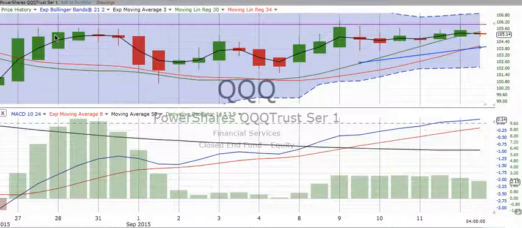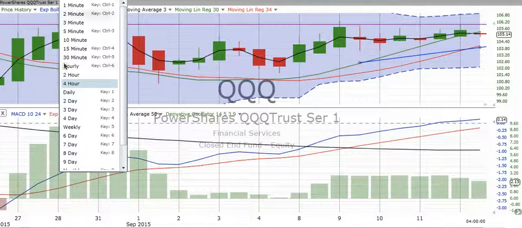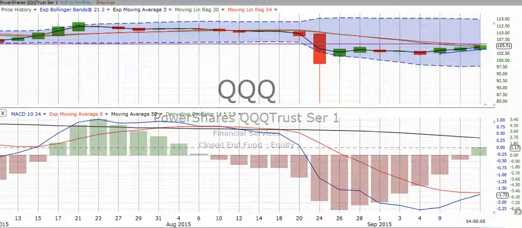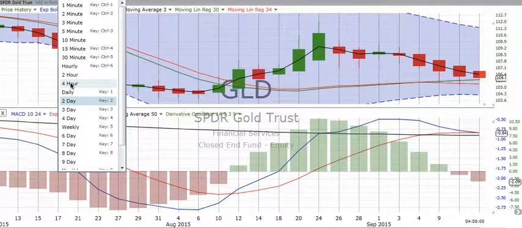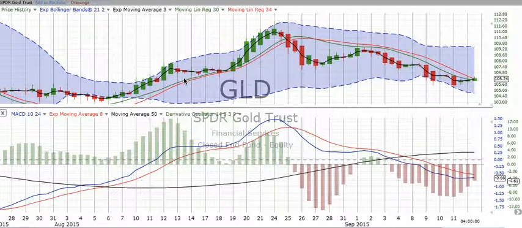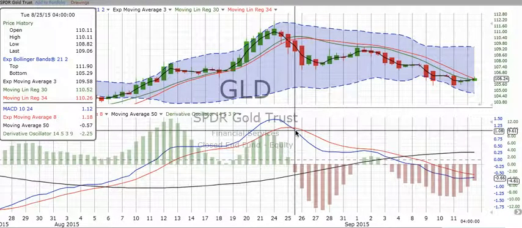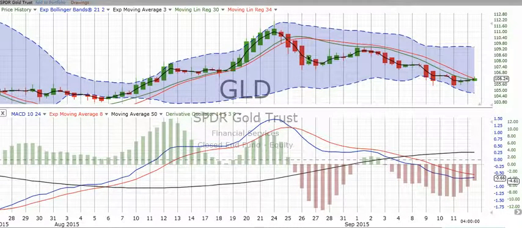So let's now convert back over to the 2-day chart, and let's take a look at what gold is doing. And again, gold is finally starting to crossover going down on the 2-day chart, but if you will recall, we don't put a lot of stock in the 2-day chart for gold. We like to see where it is. But gold seems to move a lot better on this 4-hour chart. When it crossed over going down back on the 25th, would have been a good buy-in point because it has gone down considerably since then. And it looks like it might be getting close to crossing over going up, but we haven't seen that yet.